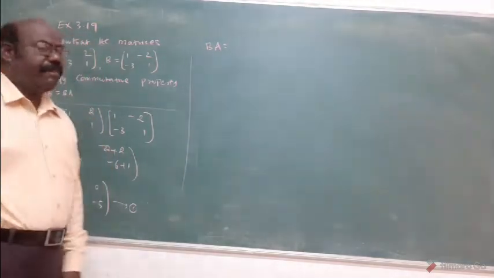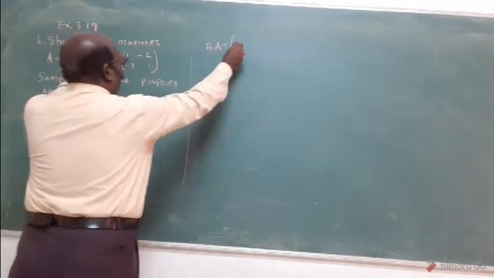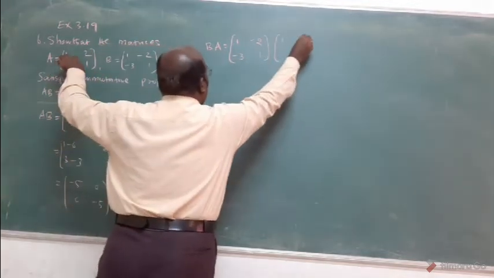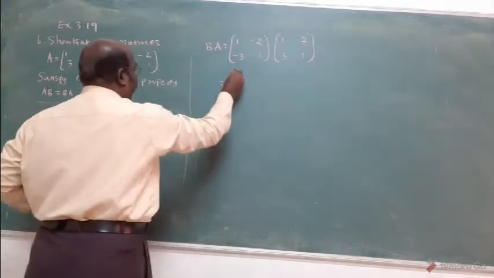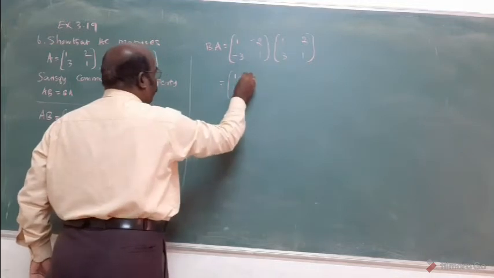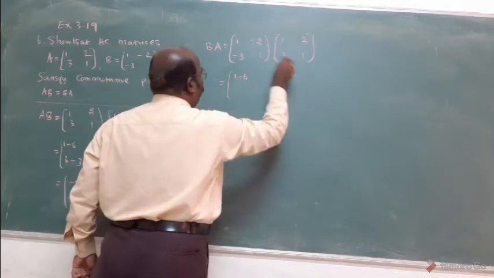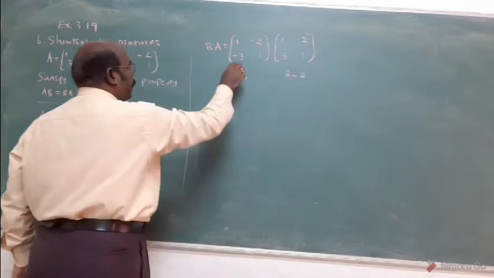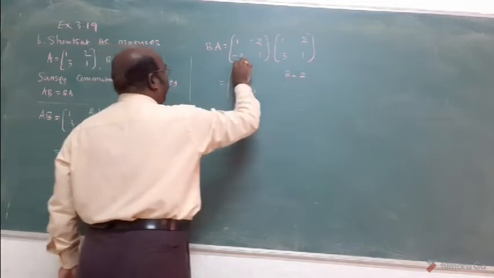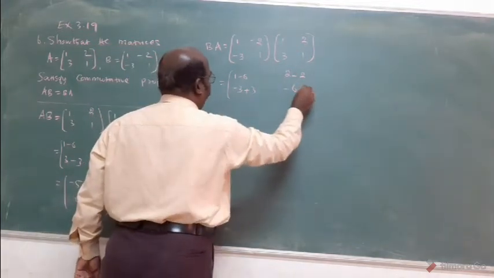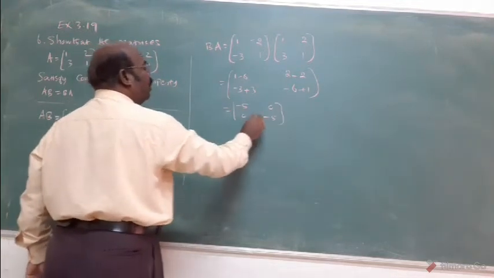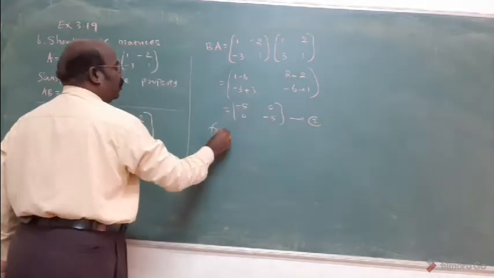B with A. What is B? 1 minus 2, minus 3 1. Into A, which is 1 2 3 1. The same thing: first column, 1 ones are 1, minus 2 into 3, minus 6. Again, 1 into 2 is 2, minus 2 into 1 is minus 2. Minus 3 into 1, minus 3 plus 1. Minus 3 into 2, minus 6 plus 1. Now the answer is minus 5, 0, 0, minus 5. This is the second answer. From 1 and 2,